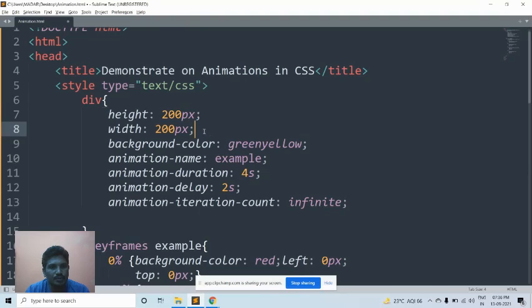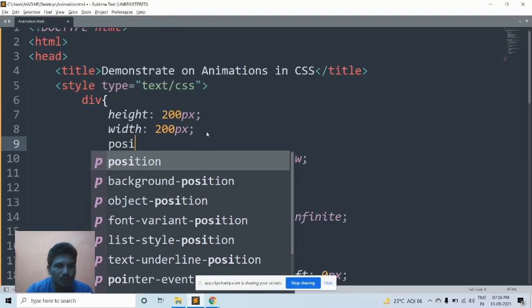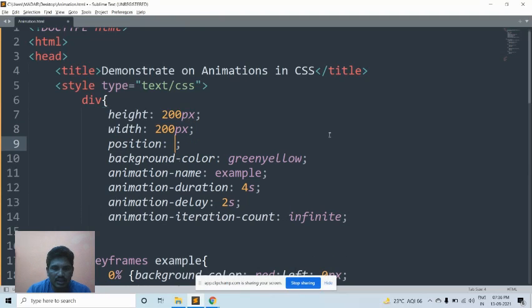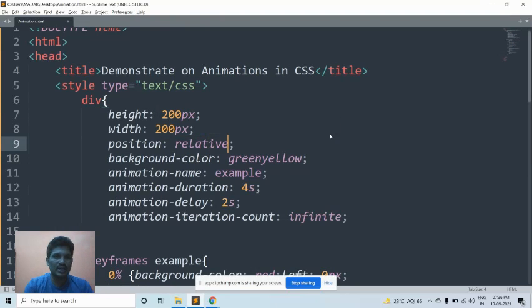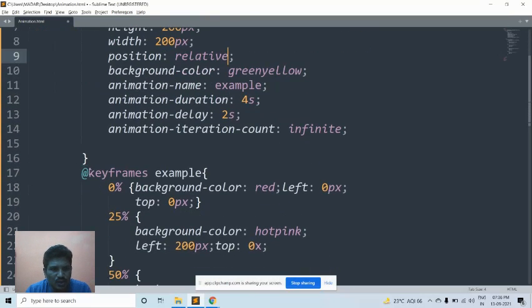Here I would like to set the position, because the position should be relative, then only it will move. Otherwise, it will be fixed. The object can't be moved from one place to another place. Okay, if you want to move the object from one style to another style, then go for the position. Then what is the use of the keyframe?